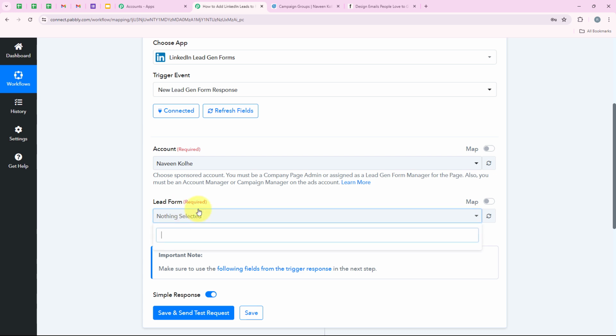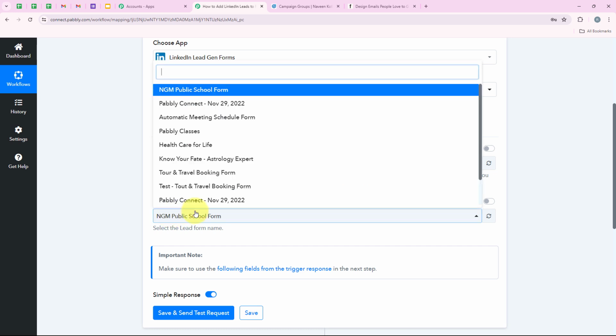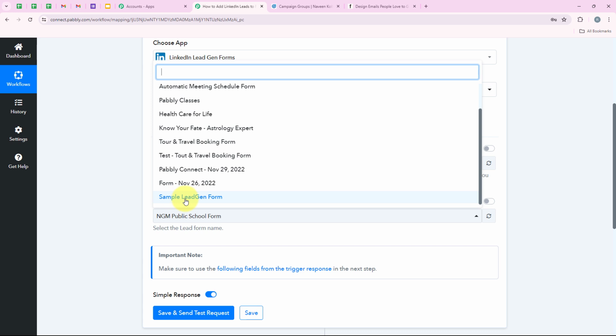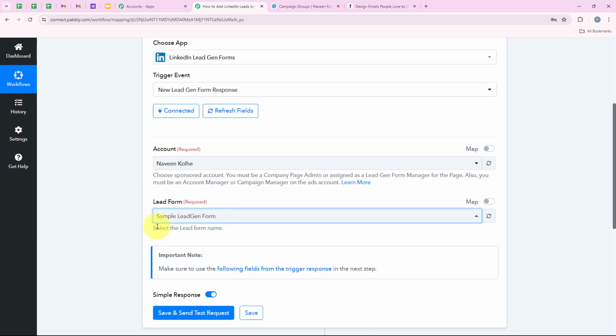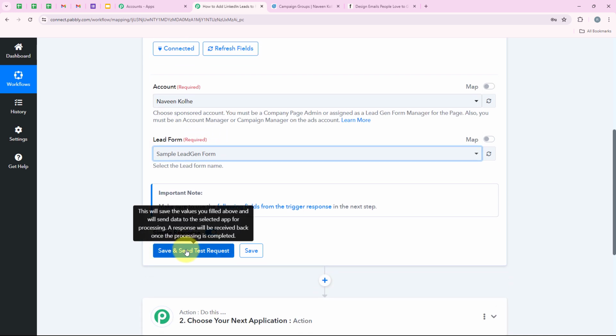It is asking me for the lead form. So I'm going to select the lead form I wish to create this automation for. Over here you can see that there are multiple lead forms, so I'm going to select this one, which is Sample Lead Gen Form. You have to select your desired lead gen form, and then we are going to click on Save and Send